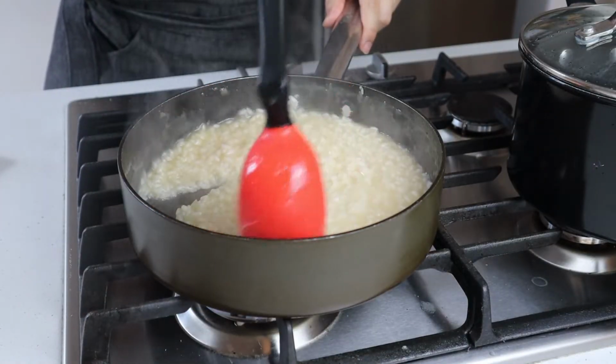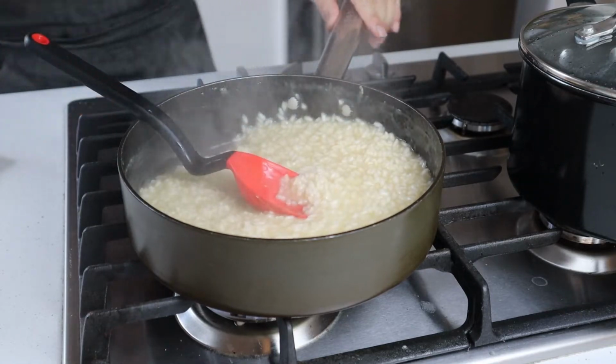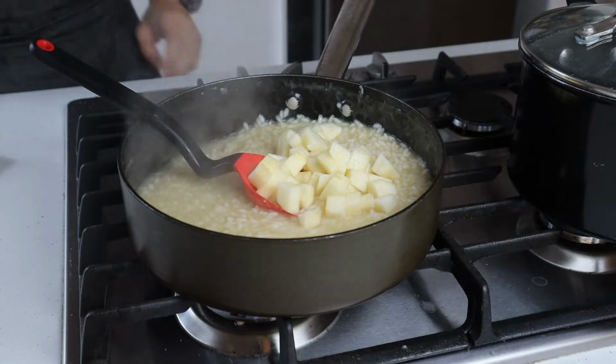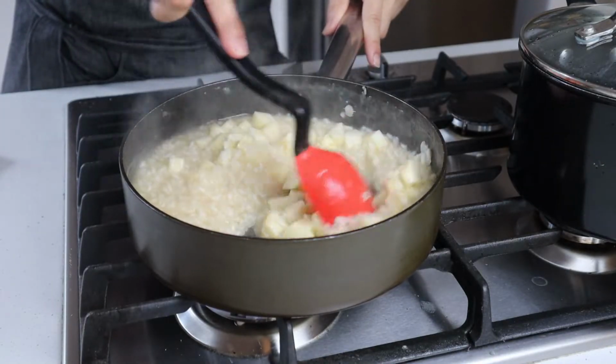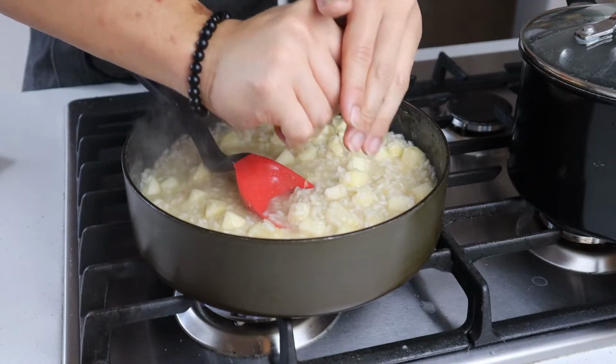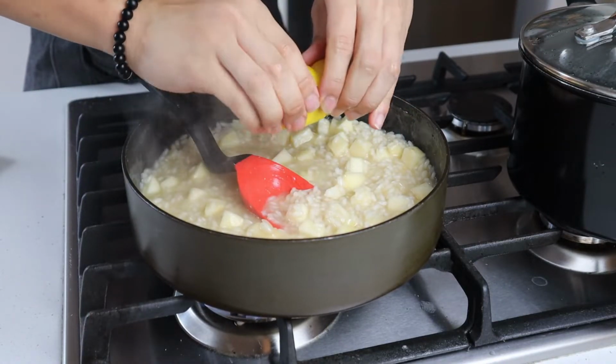Anyway, once the liquid is all worked into your risotto and it's looking all sorts of rich, thick and creamy, we're going to add in our apples, which have been drained of water. Stir these guys in and cook for 2 minutes for the apples to warm through and slightly soften around the edges. At this point, we're also going to squeeze in about 2 teaspoons worth of fresh lemon juice and stir